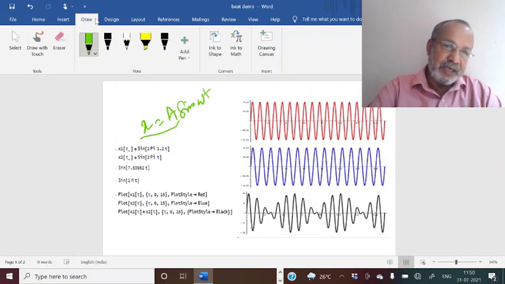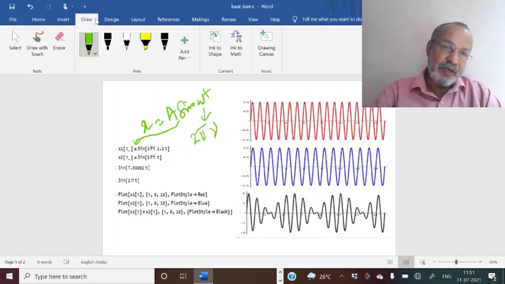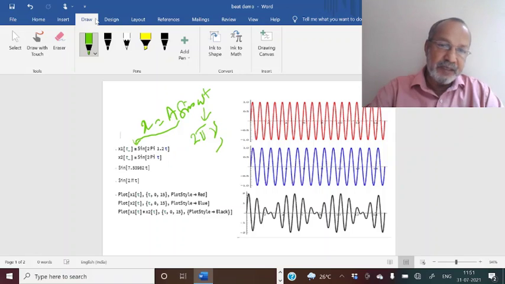I have written this omega as 2 pi nu, where nu is the frequency of oscillation of the SHM, because we know that omega is 2 pi by capital T and 1 by capital T is nu, so it is 2 pi nu. And in the first example I have taken this nu as 1.2.